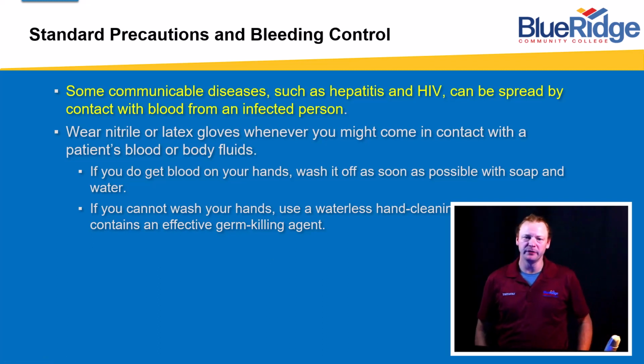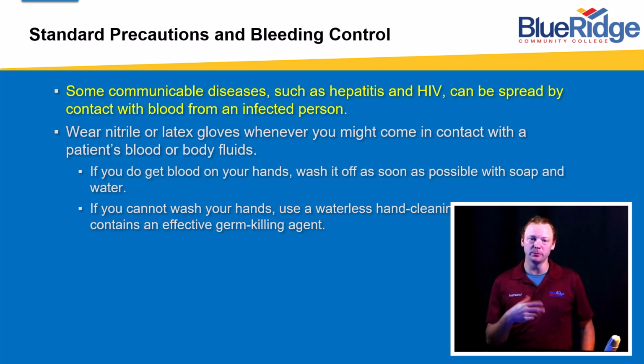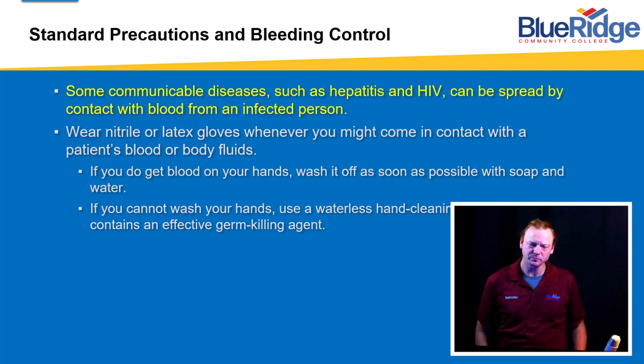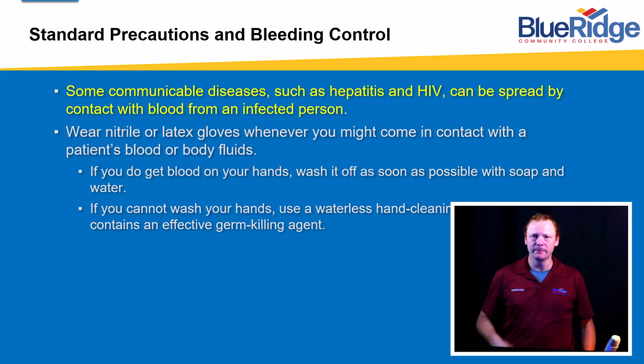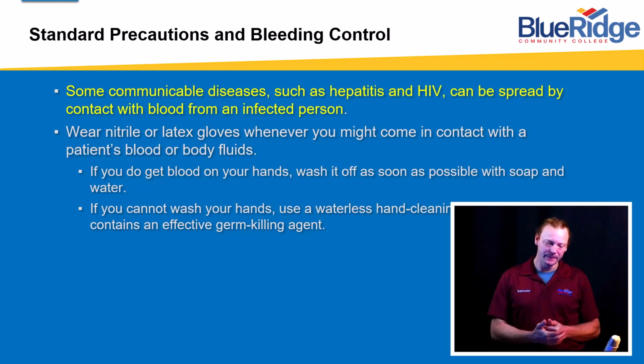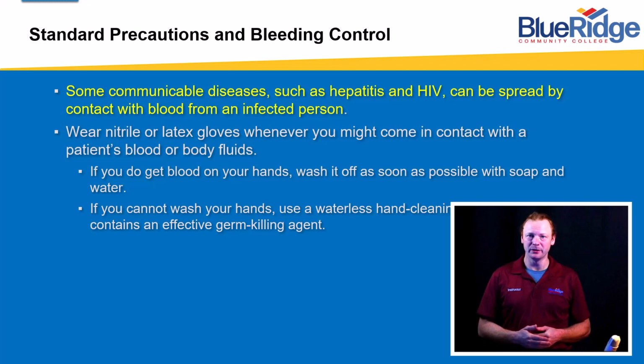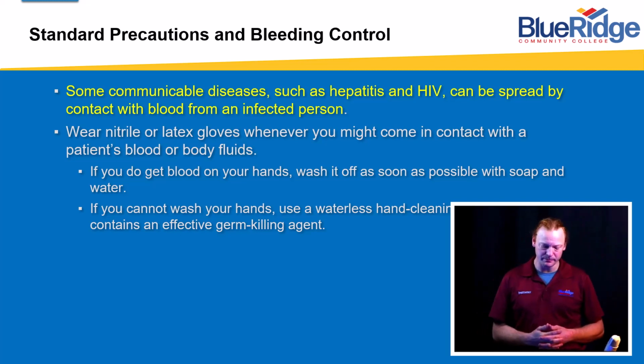Some communicable diseases such as hepatitis and HIV can be spread through contact with the blood of an infected person. So we should always wear our PPE or BSI, wearing nitrile gloves or latex gloves whenever you might come in contact with a patient's blood or body fluids. Again, latex is less than ideal because of latex allergies, but if that's all you have,